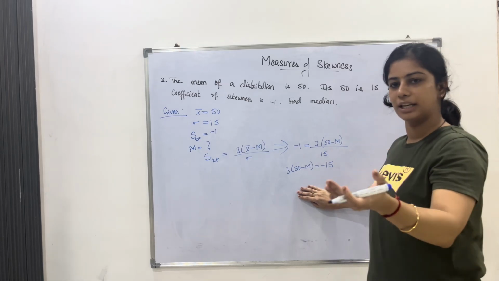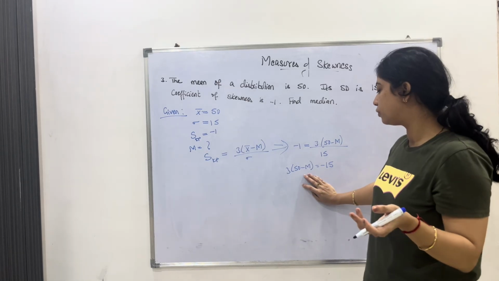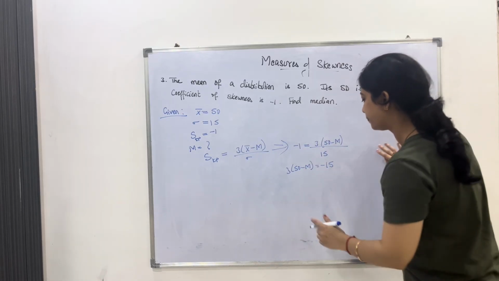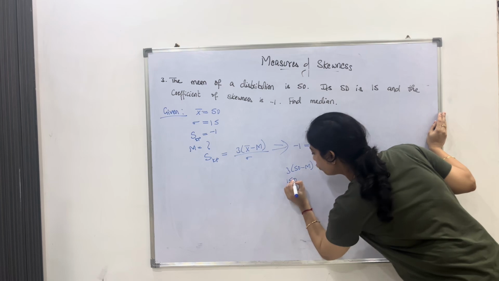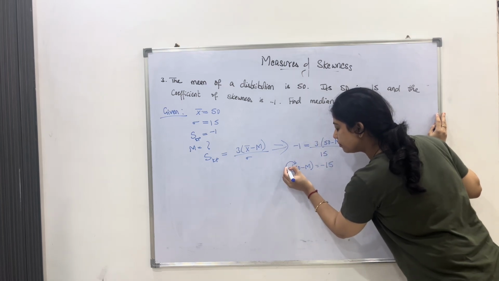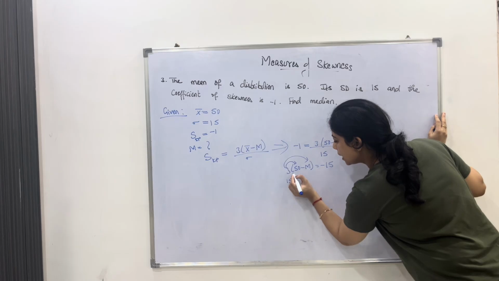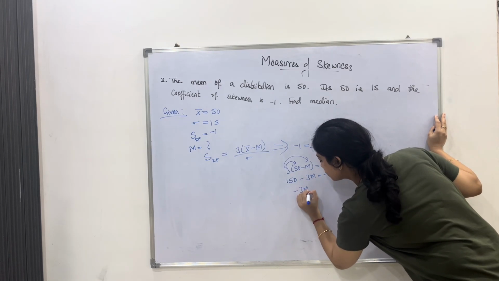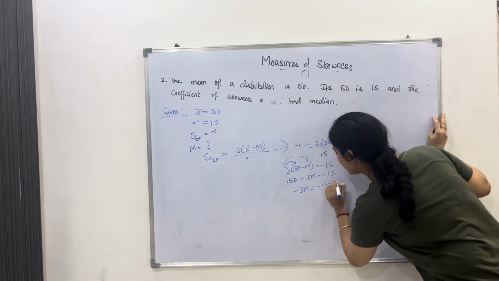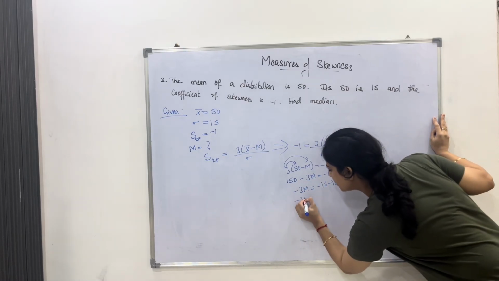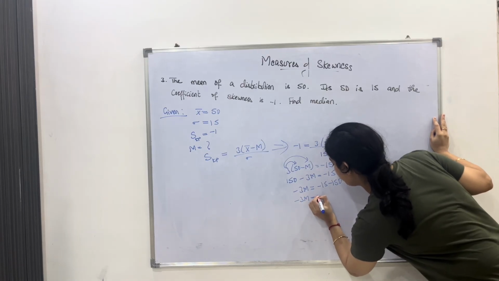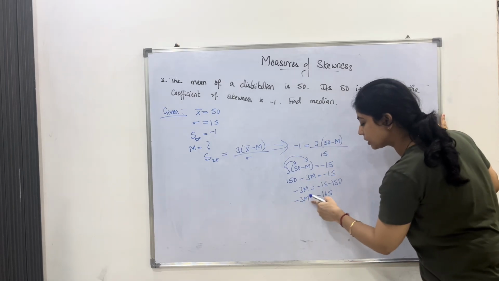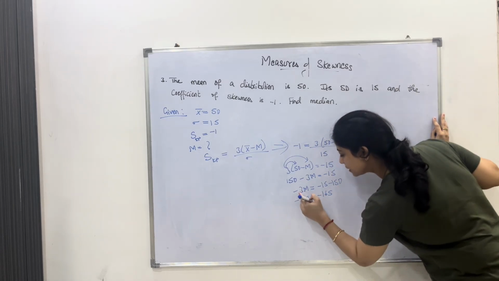It is better to take on the left side the one which you are going to find. In this case we are going to find the variable m, so we will keep it on the left and push the other terms to the right side. So 150: we open the bracket, so you need to multiply the first term with this and then again with the second one. Minus 3m is equal to minus 15. We will send other terms to the other side. Minus 15 minus 150, so minus 3m is equal to minus 165. Since there is minus on both sides, it gets cancelled and we will transfer this 3 to the other side.